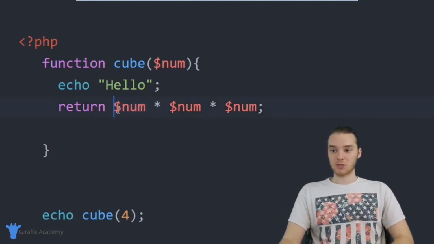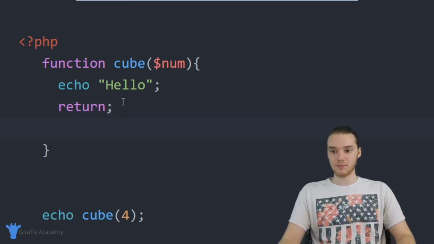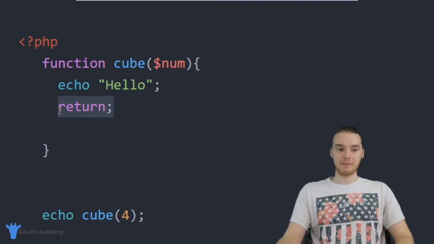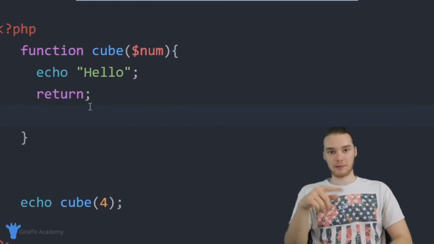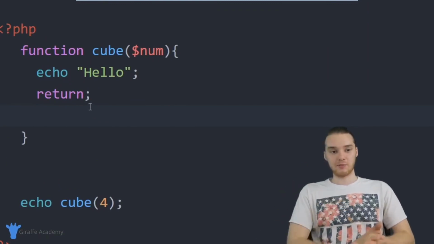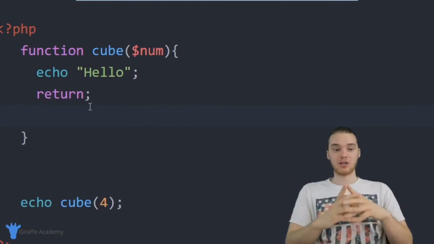You could also just return nothing. I could just come over here and say return, and this will still break me out of the function, but it won't return a value. Sometimes people will do that if they just want to break out of a function. But I'd say for the most part, you're going to be returning information back